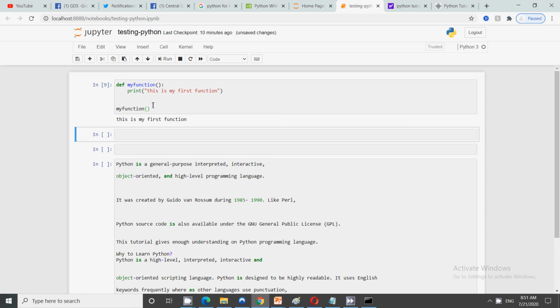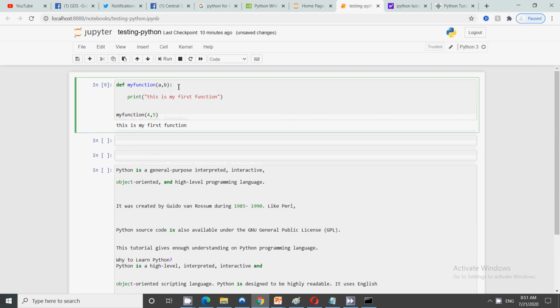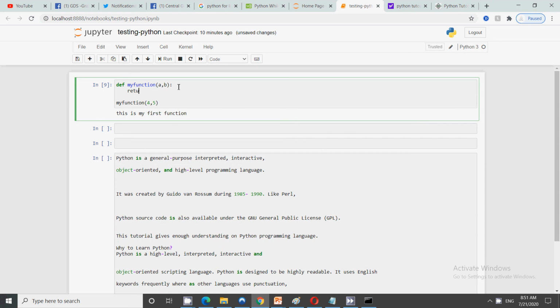Similar to that, we can also pass parameters to this function. So suppose I am passing 4 and 5, and we have a and b that are taking the parameters, and we will just delete this, and we will say return a plus b. So what it will do, it will fetch the values of these two parameters in a and b, and then it will return the sum of that. So if I click on this, you can see it is getting the result. So this is a parameterized function in which you are passing the parameters and you are getting the results.